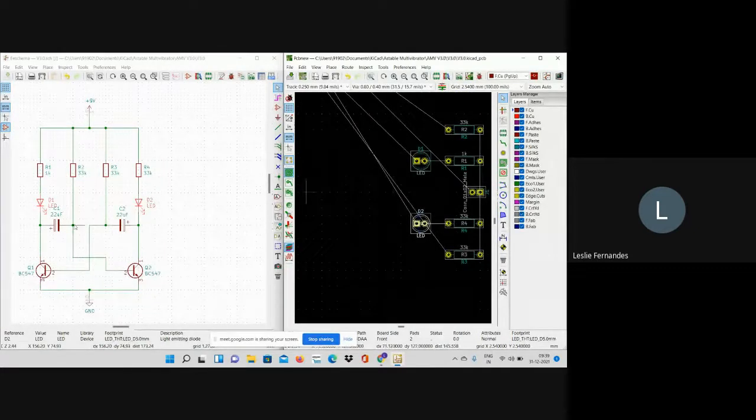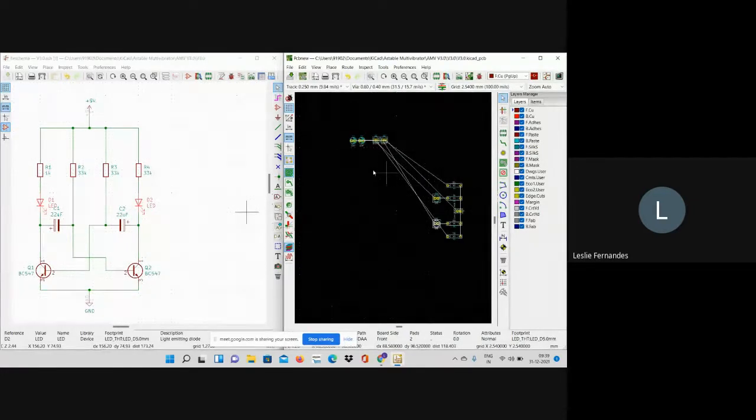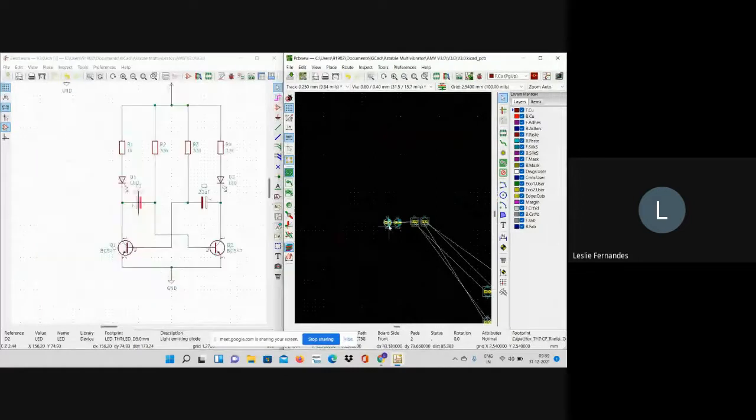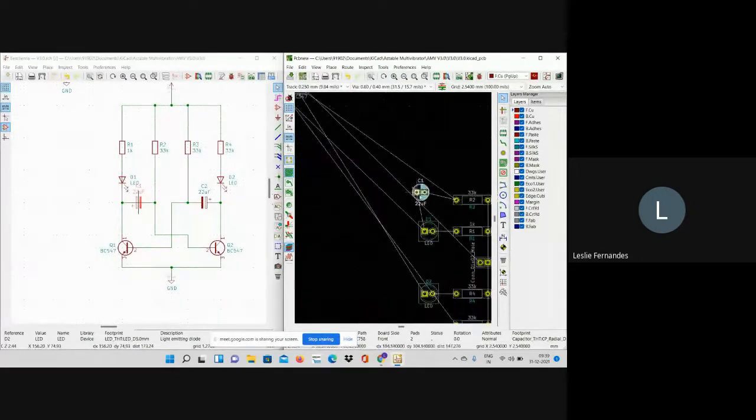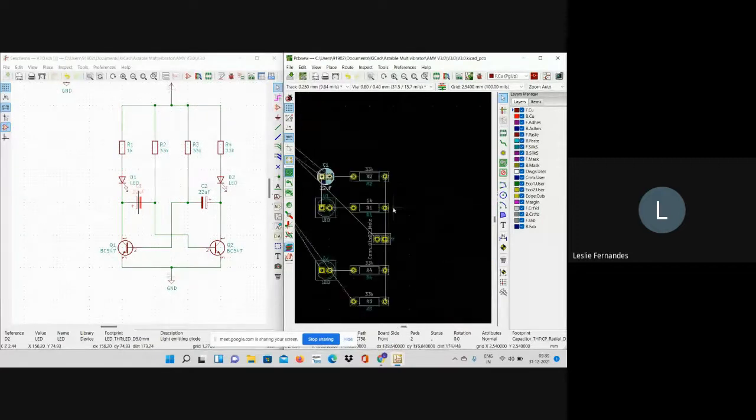Now the next 2 components that I want to place are C1 and C2. Let's check out where they are. I'll click on C1, press M, and place it. This is quite easy for me. Notice how I'm placing it: all of this is in a straight line.